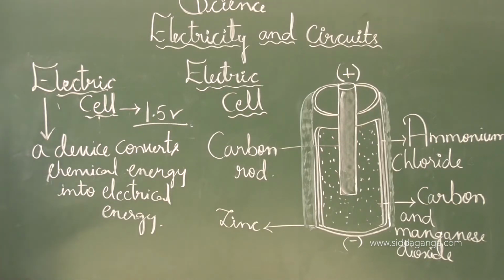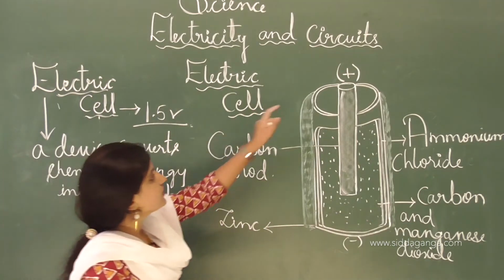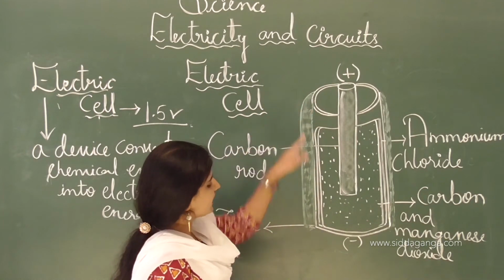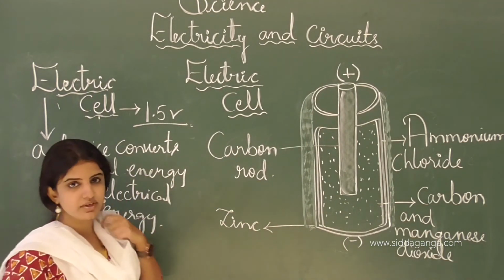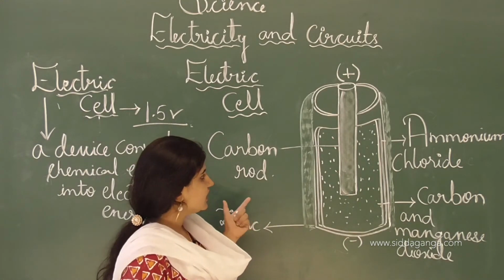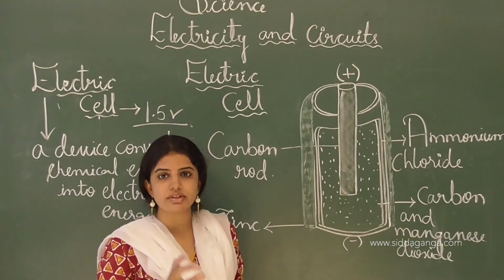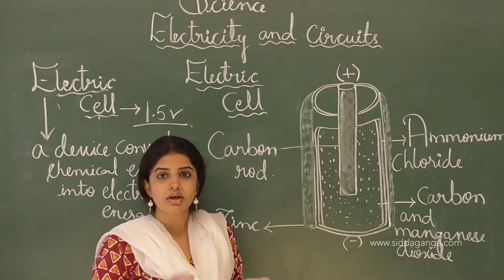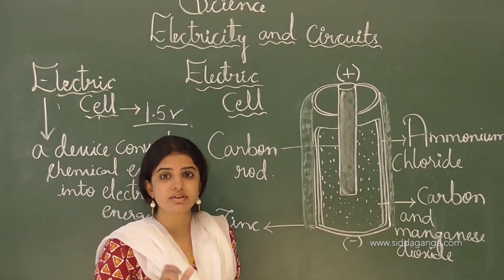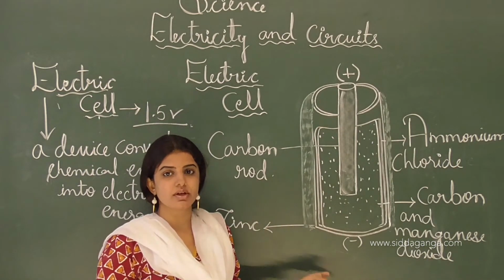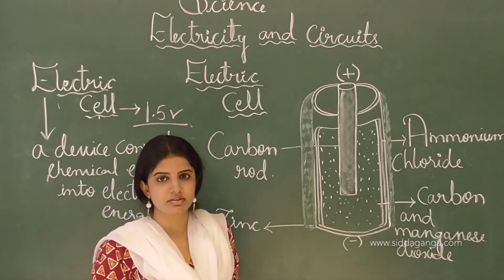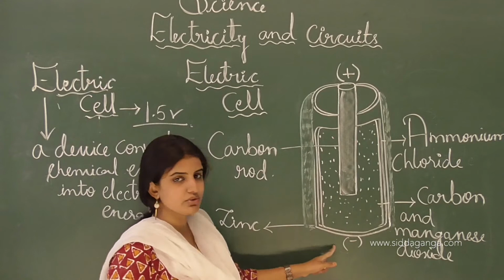See here, as I told you, the positive terminal as well as the negative terminal are present at the top near the cap, which indicates the two terminals. Once again, I will tell you the structure of the electric cell. If you observe closely, by holding the electric cell, you can see the outer surface of the electric cell having signs, and these signs are nothing but the positive sign as well as the negative sign. Sometimes they are also called the two terminals, one the positive and the other the negative terminal.